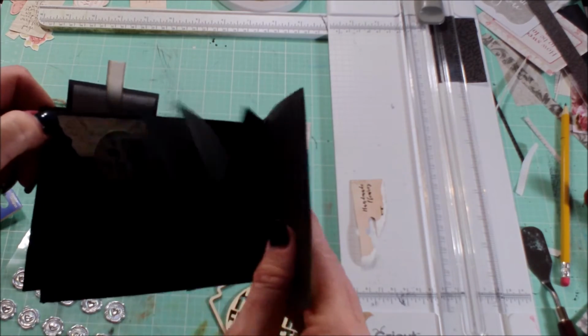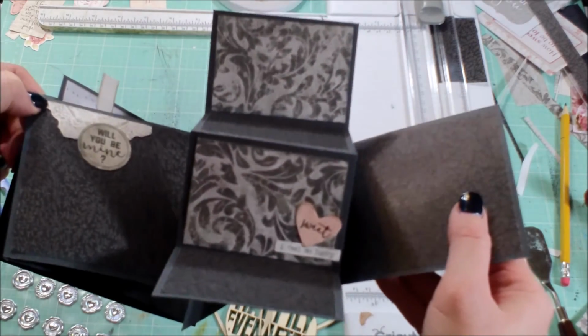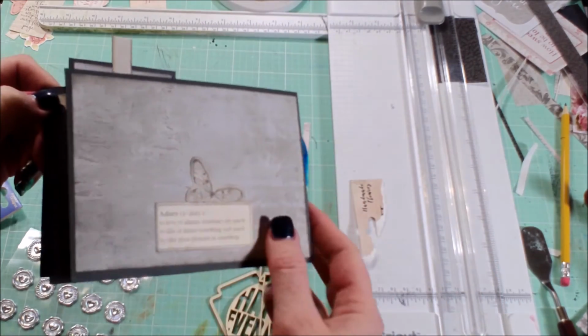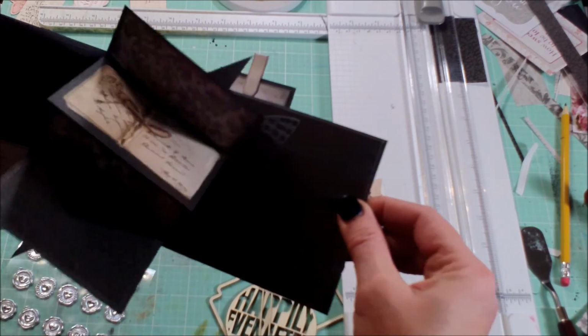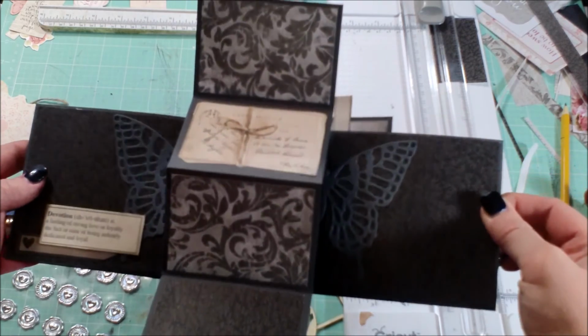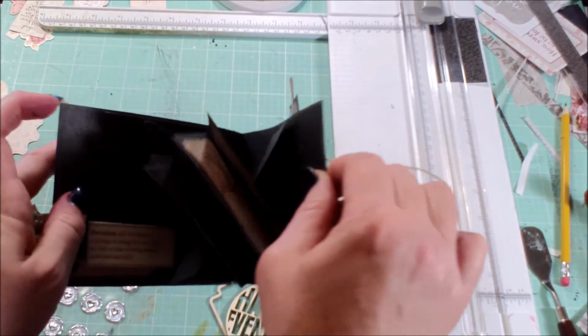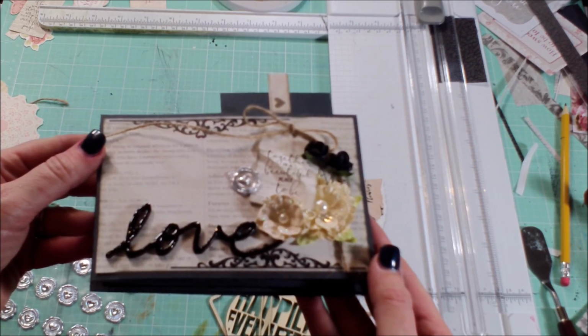And I just used paper from the main kit to decorate this, as well as some ephemera. And then I believe I used the washi tape that was probably included in the add-on. That's the back. You flip it all the way around, and then there's your last pop-up. And that butterfly is a die cut that I have in my stash that I used. So there you go. There's the front. Use some flowers. Use the heart chain, one of the wax